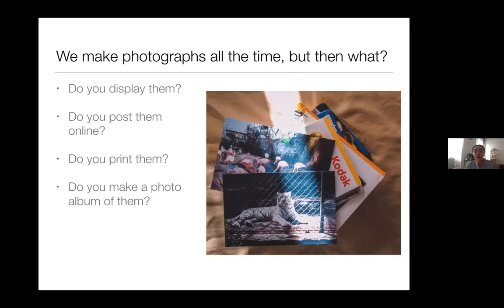Do you make a photo album of them? You know, I can remember growing up and always having photo albums of all of our printed photographs, but nowadays things are really digital. So I don't always print out my photos. I don't always make photo albums, but it's a very nostalgic